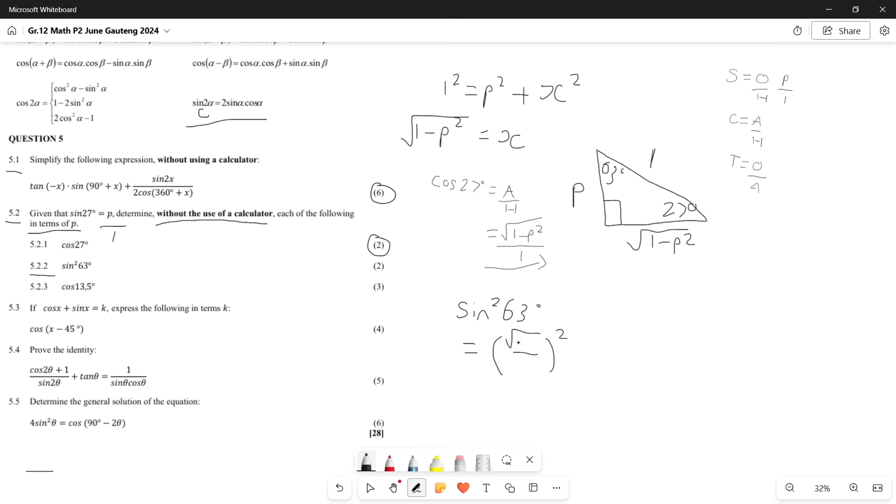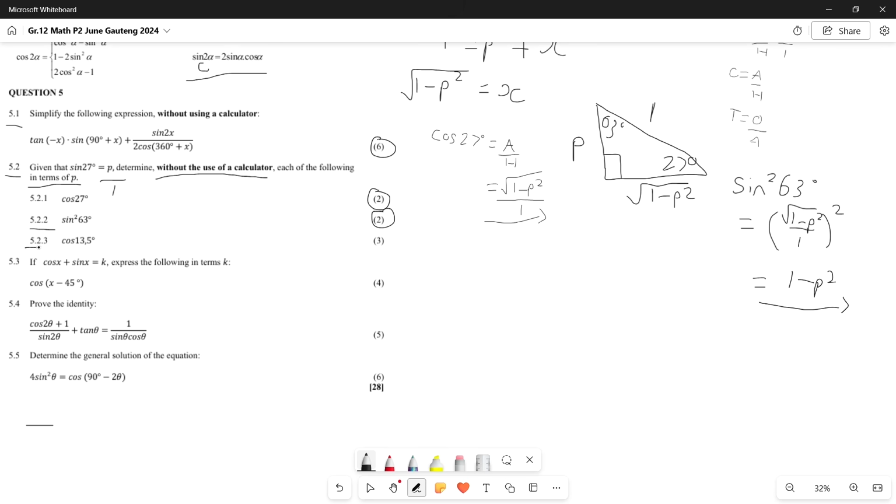So I can just go ahead and plug that in. And then our hypotenuse for 63 is still 1 over here, which means all we have to do is square this value. The square of a square root means we just drop the square root, and we have 1 minus p squared. And that just earned us 2 marks over here, which means at this stage for 5.2.3, it says